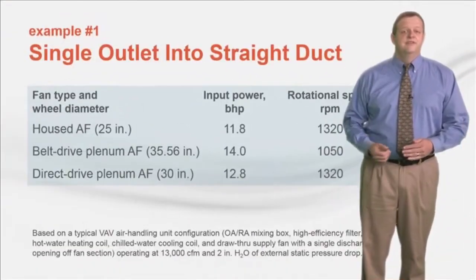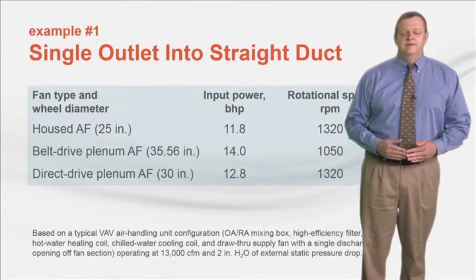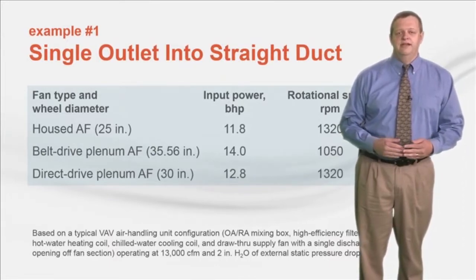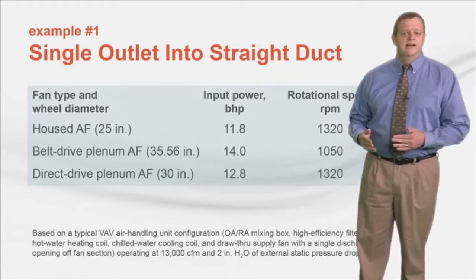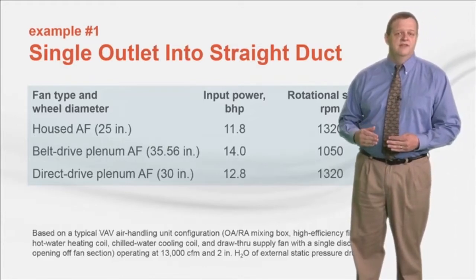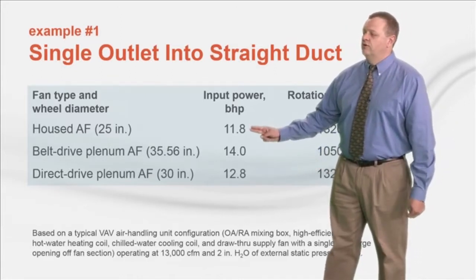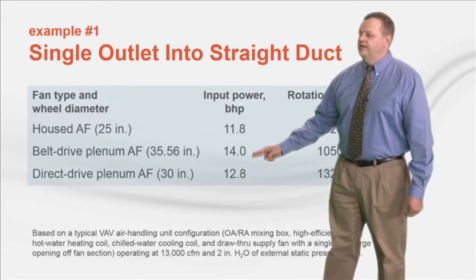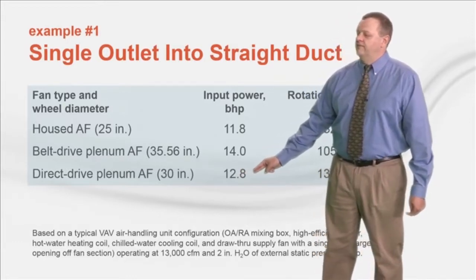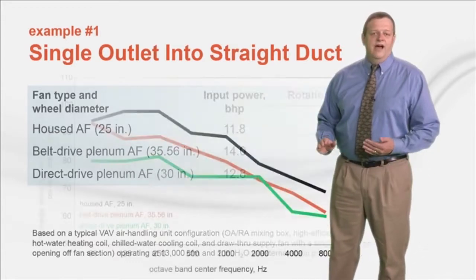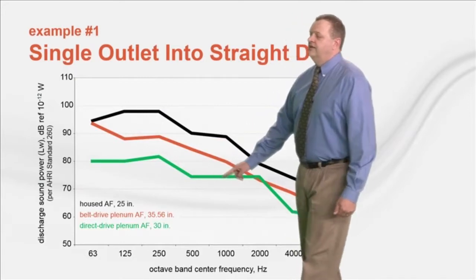For these examples, we're using a typical VAV air handling unit operating at 13,000 CFM and a total static pressure of 3.8 inches. For this first configuration, where a draw-through supply fan discharges into a straight section of duct, the housed airfoil fan requires 11.8 brake horsepower, compared to 14 for the belt-driven fan and 12.8 for the direct drive plenum fan. While the housed fan requires less power, the plenum fan will typically have significantly lower